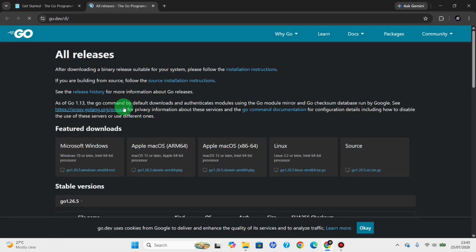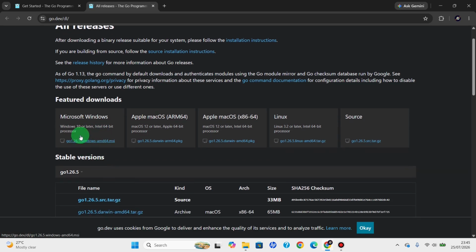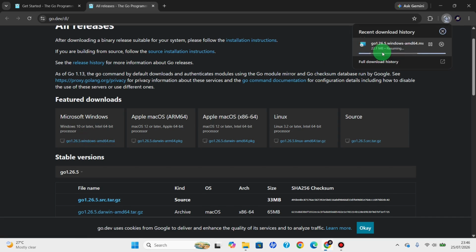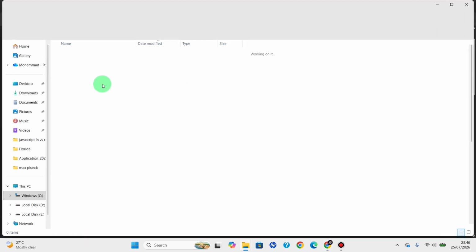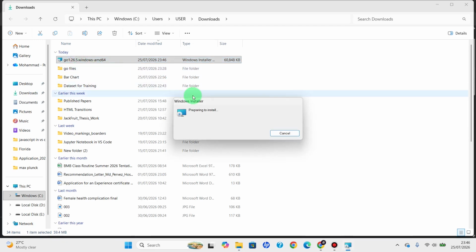and it will bring us to a new page and from here we will select this link for the Windows operating system and you can see that our download has begun for the installation file. It is downloaded. Now go to the folder where it is downloaded, double click on it,